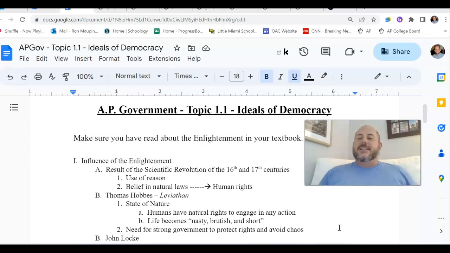I got the ability to say what I want, go where I want, pray how I want, do whatever I want. But it also includes other things. It also includes the right to steal. It includes the right to assault. It includes the right to even kill. And so what Hobbes is basically saying is that we as human beings in our natural state, as we naturally exist,